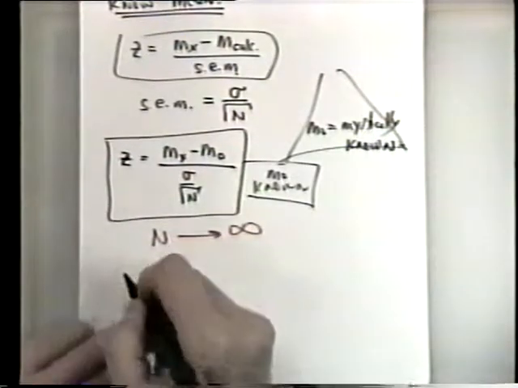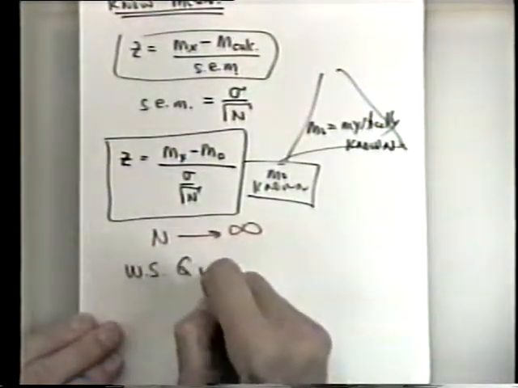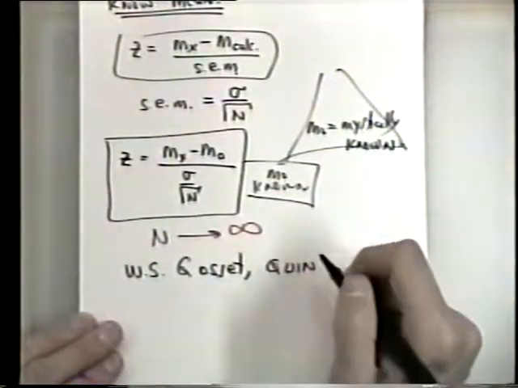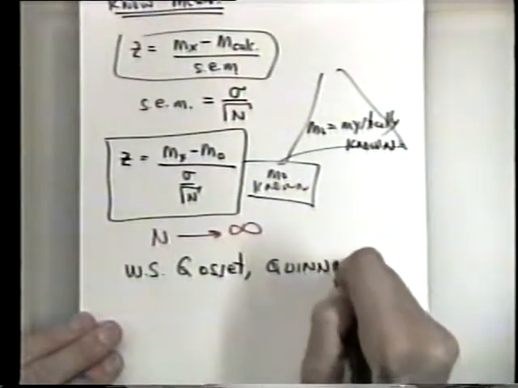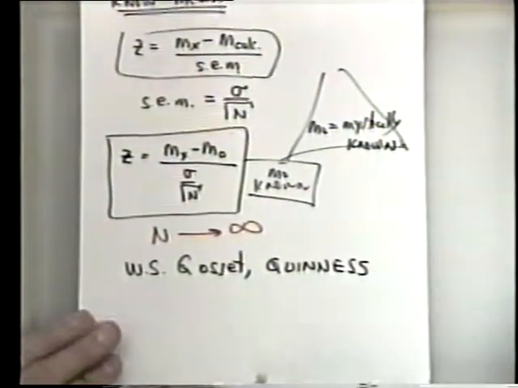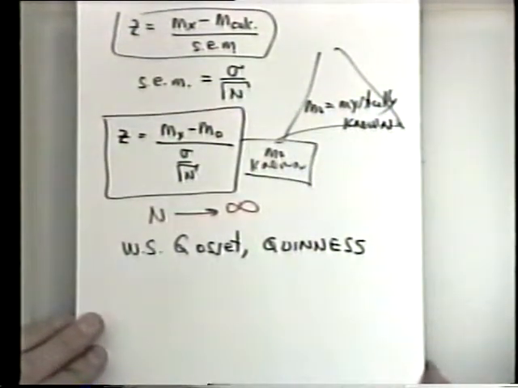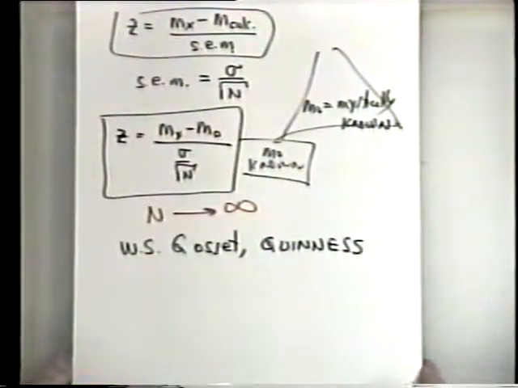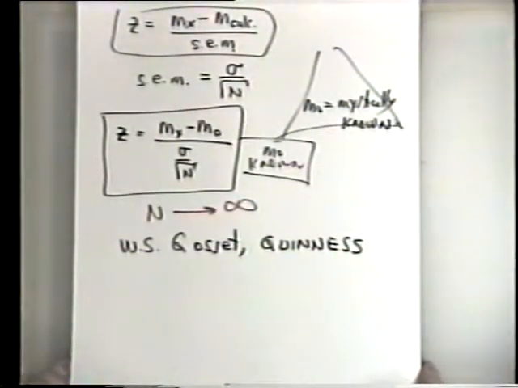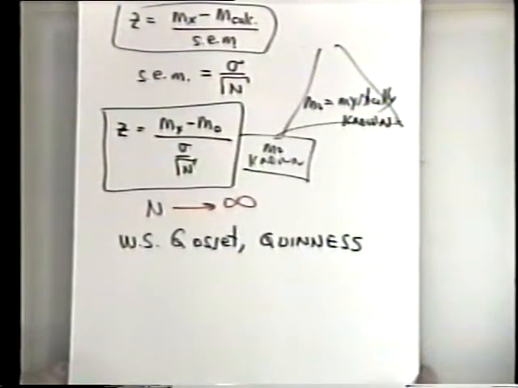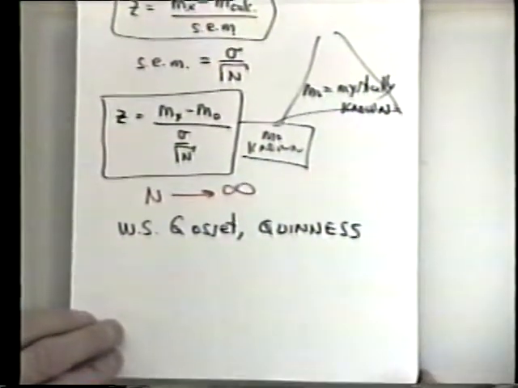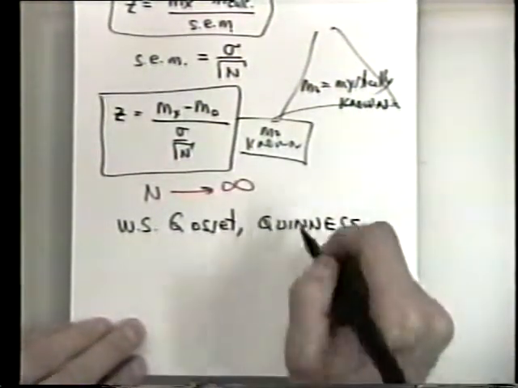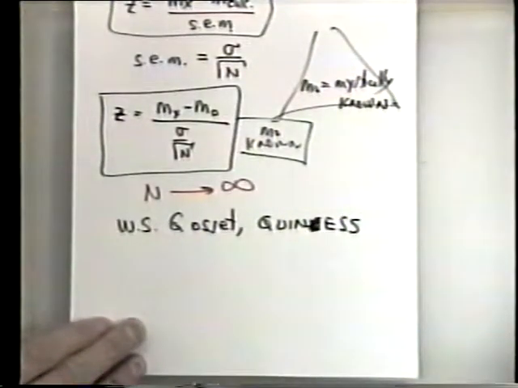So the guy I've mentioned a couple of times, W.S. Gossett, who worked for the Guinness, how do you spell Guinness? Two N's, I believe. One S? Two S's. Okay. Is it one N, two S's? It might be one N. Well, I should know this. I guess having these is counterfunctional to remembering how to spell it. What's sort of scary is that it doesn't look right at all. In fact, I think it's one N. In my notes I have